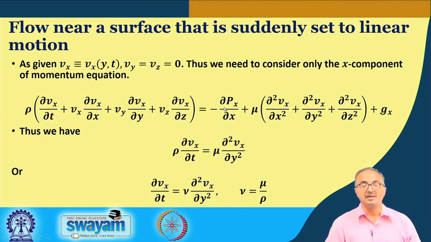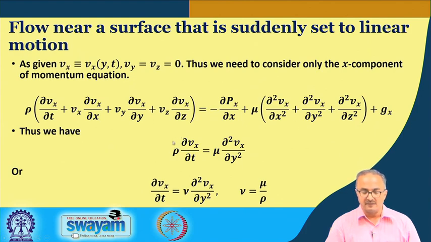Now, please understand this. In this case, the flow is happening due to the motion of the surface. Flow can happen in many ways; a pressure gradient also causes a flow, but in this case the pressure gradient is 0, and the motion of the surface is causing the flow. And we are finding that the dou by dou x terms are 0, the dou by dou z terms are 0. So, we are only left with dou square Vx by dou y square. We are writing this, and the body force term is also taken to be 0 as per the question.